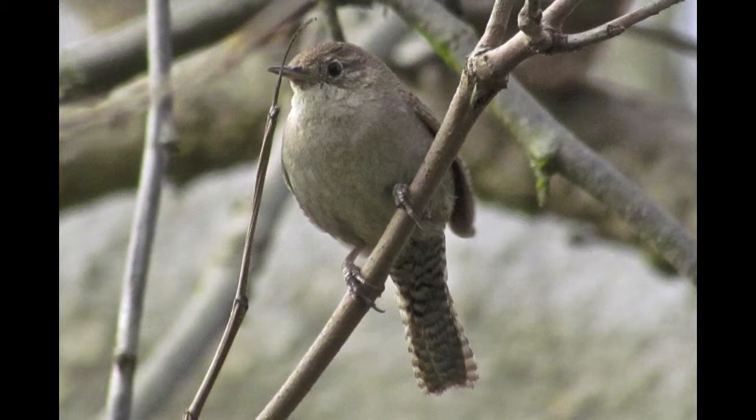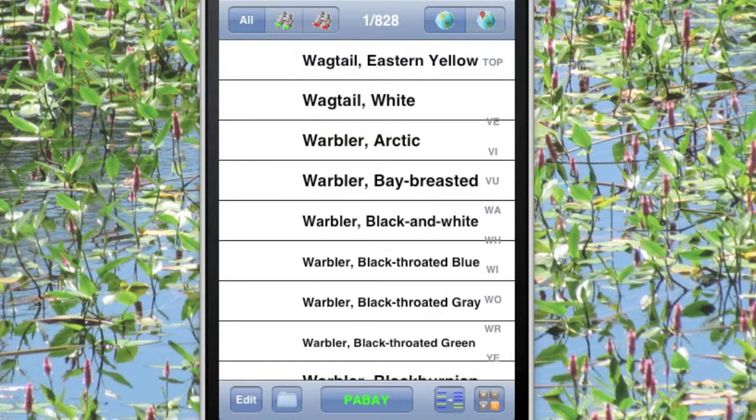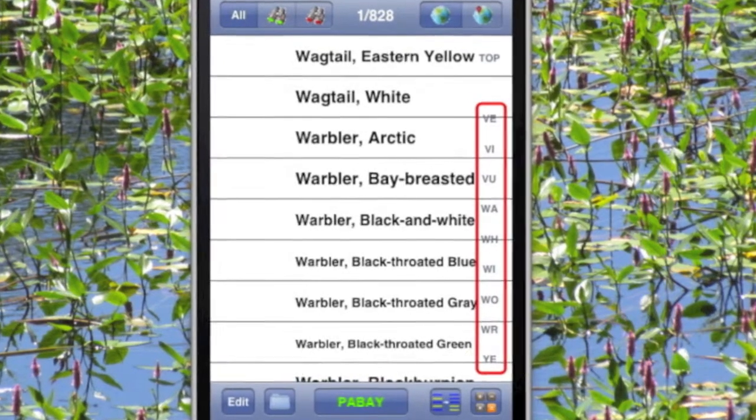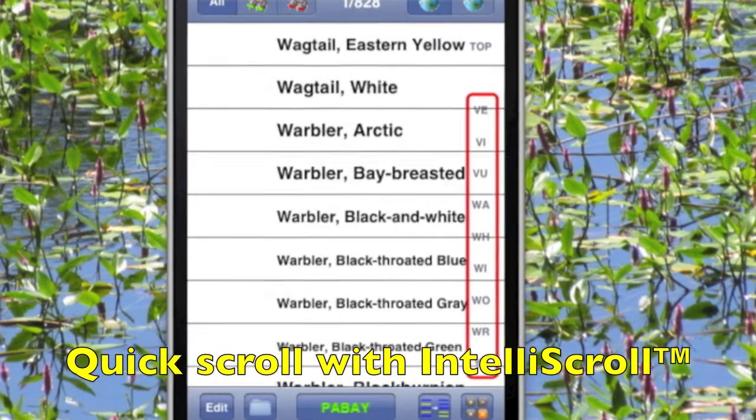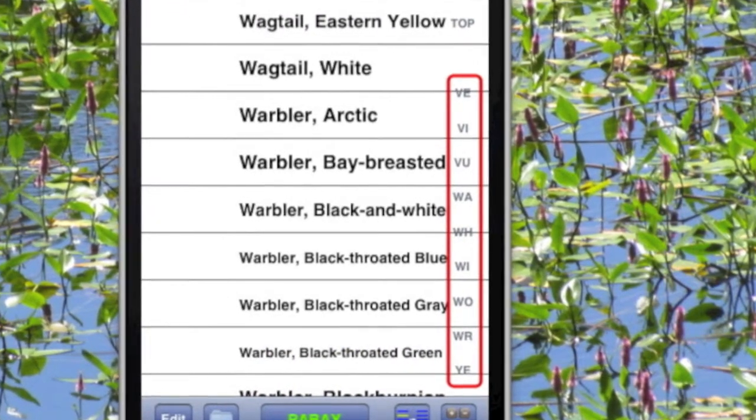How about a wren? Those are a little trickier for reasons you'll see. We tap on W to get down to the W birds, but now there's 80 birds between us and the wrens. In most software, we'd have to scroll through all those 80 birds. Birdwatcher's Diary, however, includes a unique feature called IntelliScroll, which switches from a one-letter alphabet down the right-hand side to